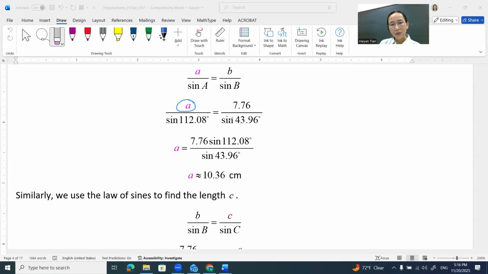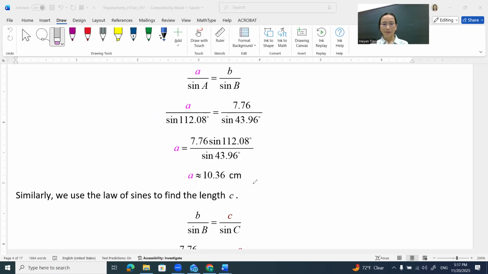When both sides are multiplied by sine 112.08 degrees, the left-hand side becomes a because we can cancel. The right-hand side will become this quantity times sine 112.08 degrees. So a is found to be 10.36